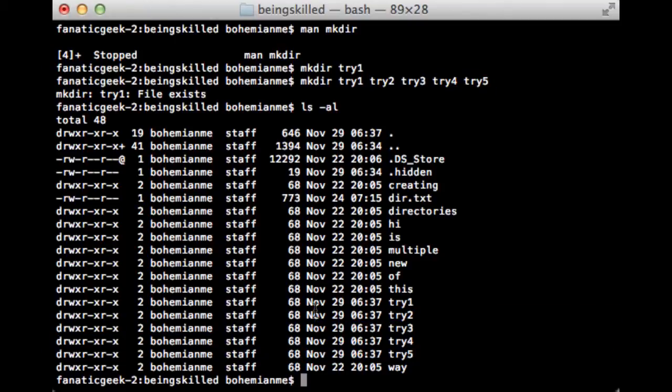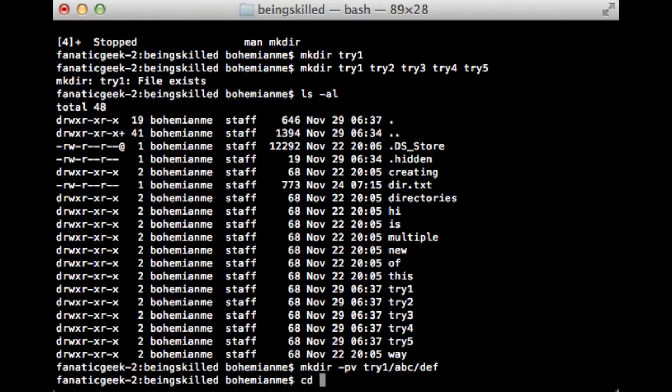So let's try to create a directory inside try1. Let's type mkdir -pv, and then try1, and then we want to create abc, and then we want to create def.